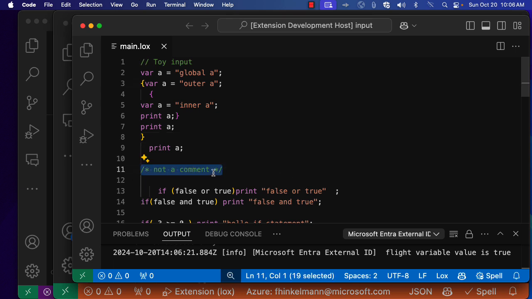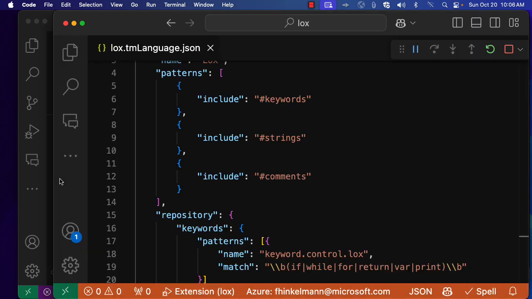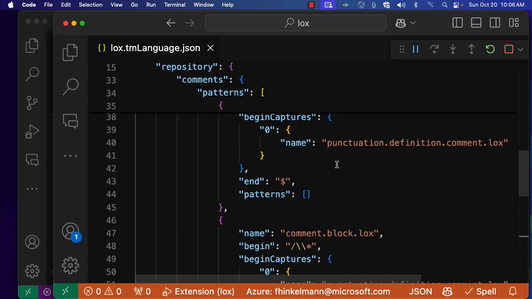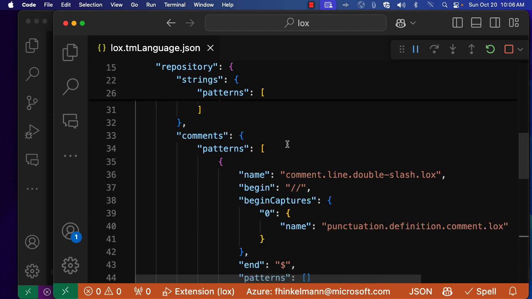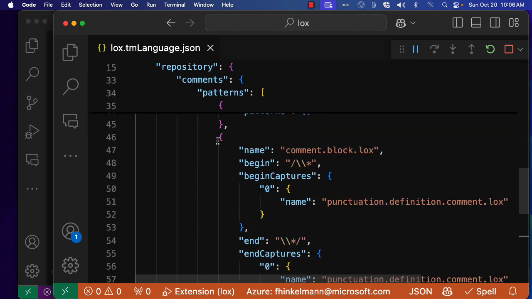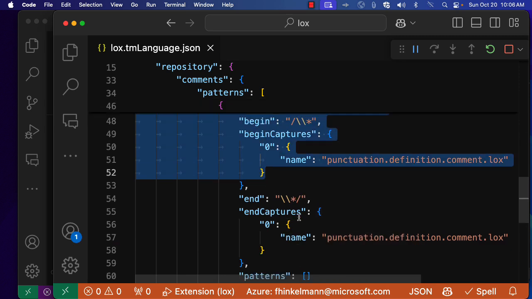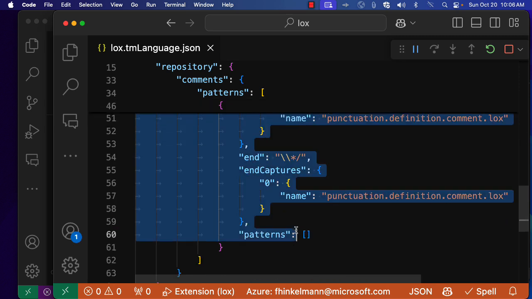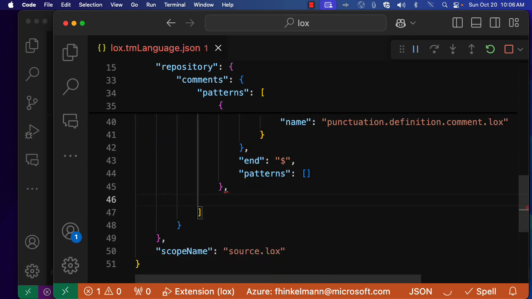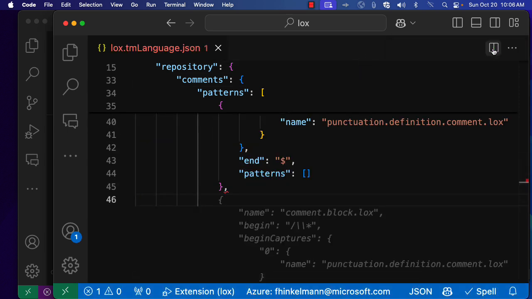It's also highlighting this string, which in my personal language is not a comment. So we can quite easily delete that. So here we have double slashes, and then we have a comment block. So let's just delete all that comment block. All right, now if we run this again,